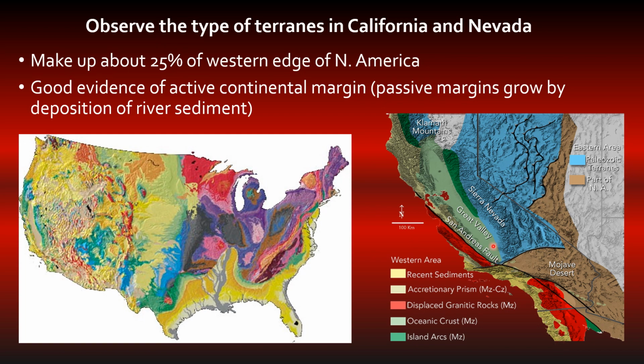Down here, we have some recent sediments. And then in white there, you'll see some here and here. That's the accretionary prism. So that was that ocean sediment that was being scraped onto the continent. Then you'll have in red here some displaced granitic rocks. So these would be